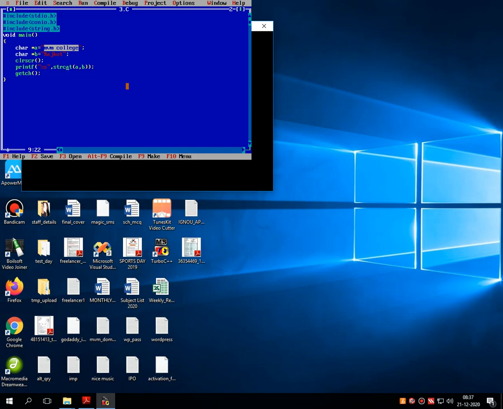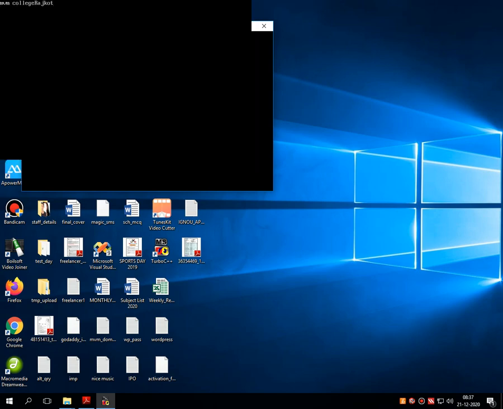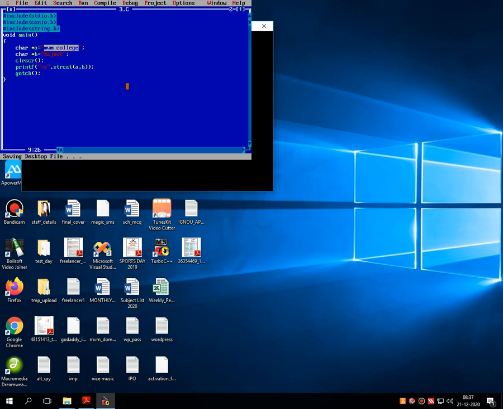Then strcat a concatenates b. Fine. Let's check whether it will work or not. As you can see, both the strings are appended, and without putting a space it prints MBM College Rajkot as a single string onto the screen. That is the function of the strcat function. Let me repeat it again.